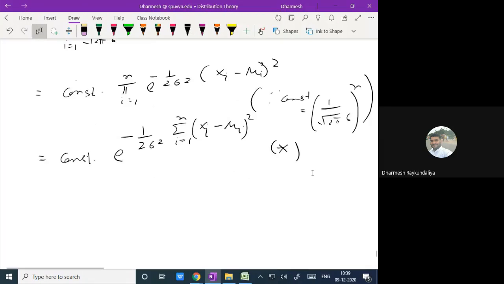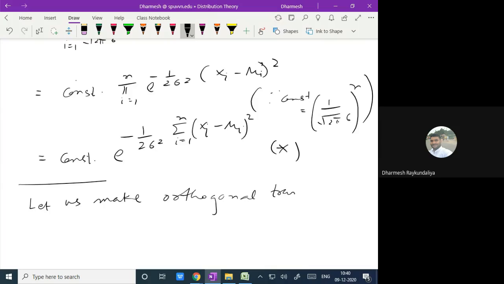Now, because we have seen the concept of orthogonal transformation, we will use it. Let us make the orthogonal transformation y is equal to Bx,